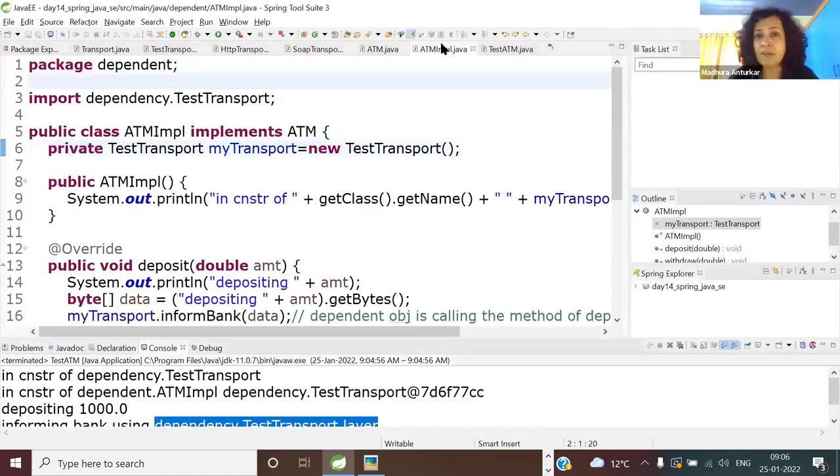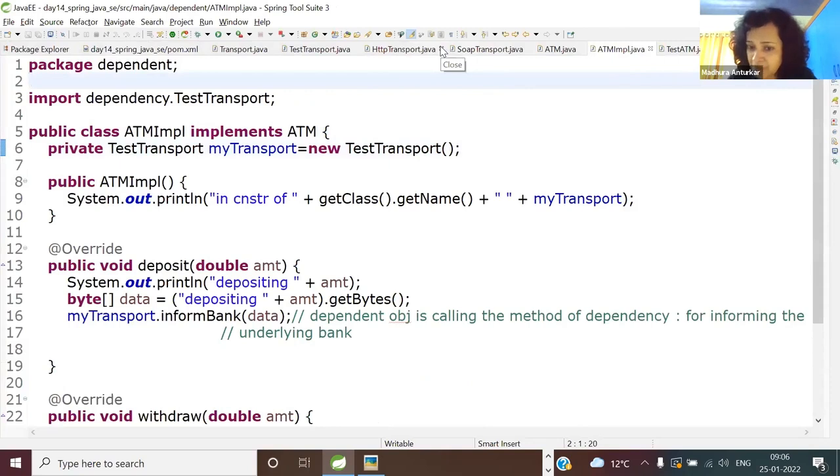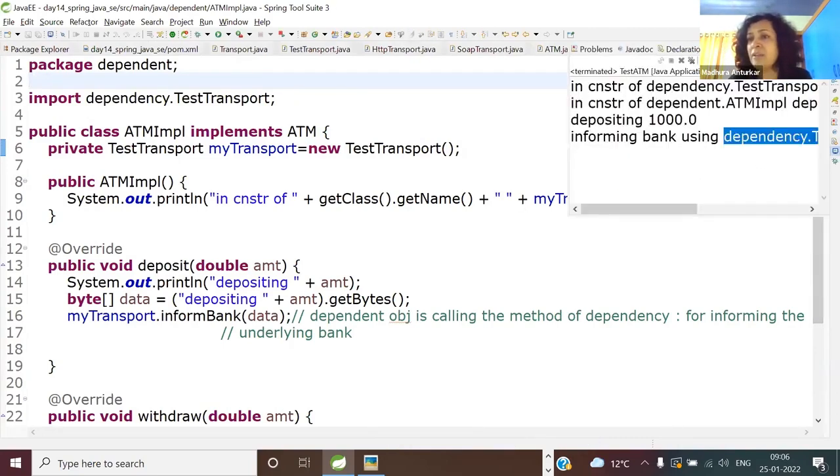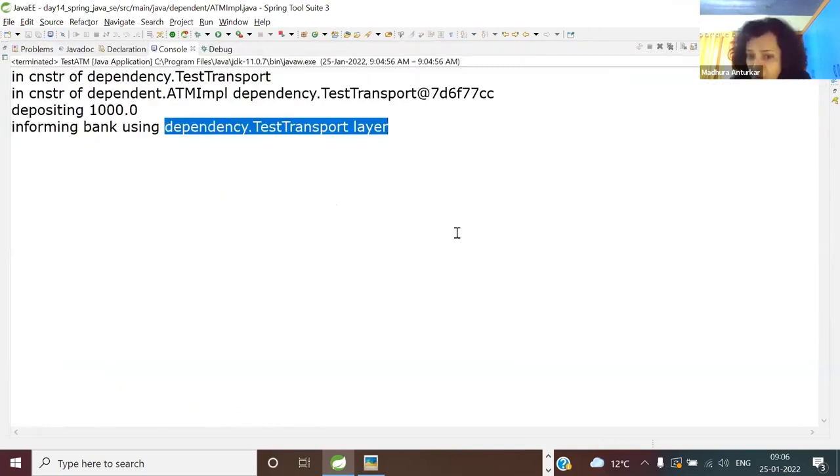So the story goes like this. Here, open the dependent object. I'm purposefully using the terms so everyone gets ready, everyone becomes comfortable by the end of the day. So open the dependent object. And now I'm giving you a small task. I got a message from my programmers team that they are ready with the HTTP transport layer. So what I want, I'll tell you in the manner of output. I want you not to use now the test layer, mock layer, or whatever layer. I want this dependency as an HTTP layer.